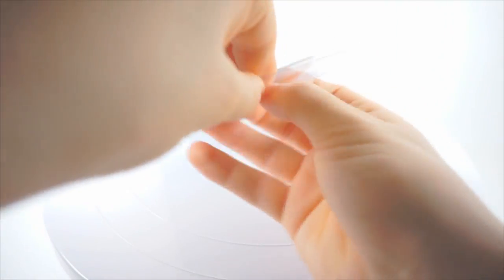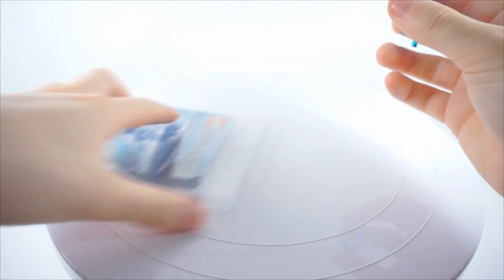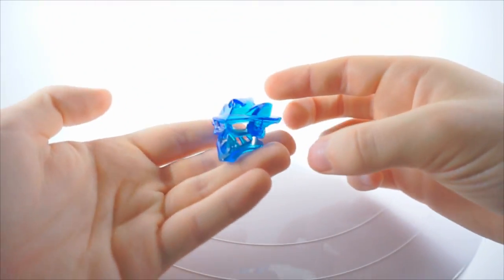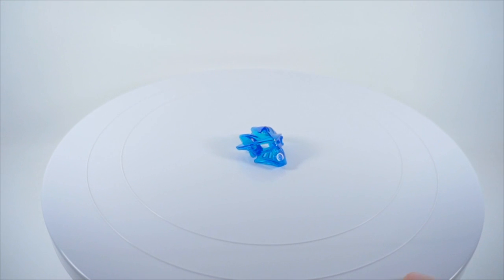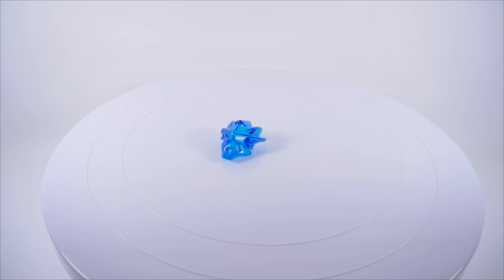Let's go ahead and pop this open. It opens like any of the other ones. We can forget that little thing for right now. Let's just look at the mask. There it is. Just bright and blue. Now, the interesting thing to note is that this mask is not Gali 2015's primary color,